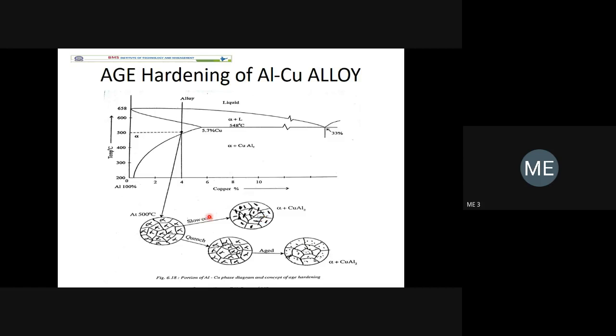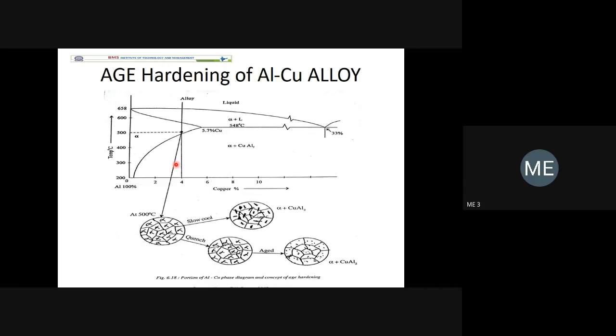If you're going for very, very slow cooling, we'll get this particular grain structure. Because of this very, very slow cooling, that is nothing but age hardening, suddenly hardness is increased. Such a hardening process is referred to as the age hardening process. It is happening only for the aluminum copper alloy of 4%. By conducting only one specimen test, it was not concluded. He has not come out with